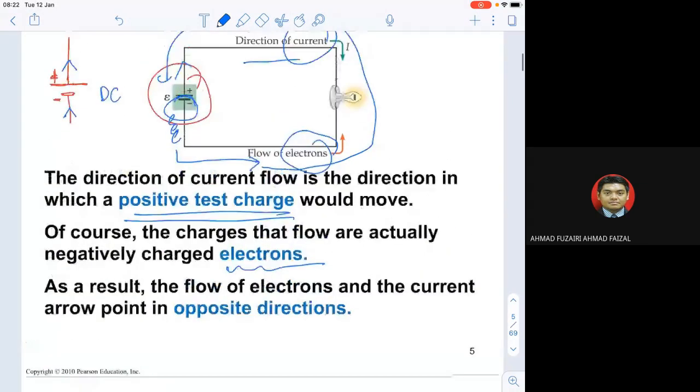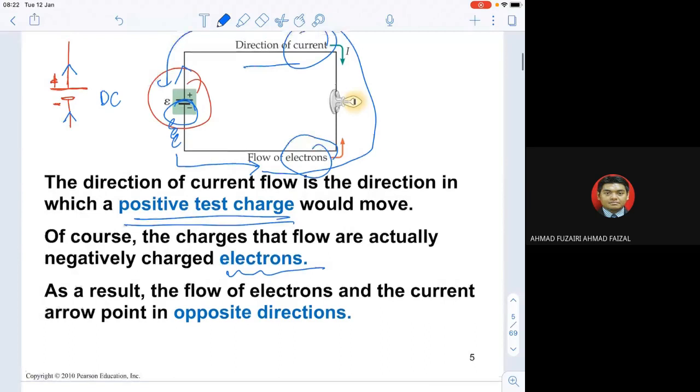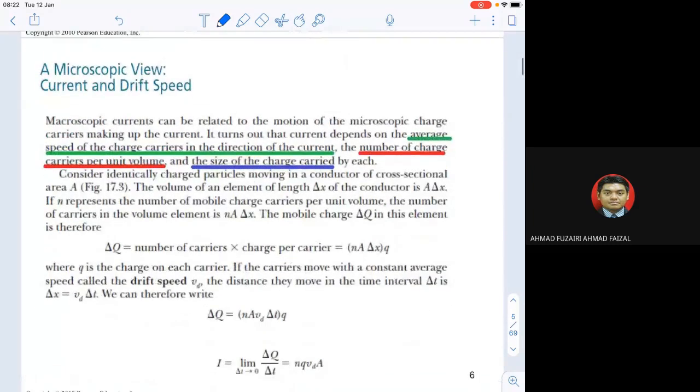So that is in terms of macroscopic. Macroscopic means the big coverage of the electric circuits. But right now we want to know what happens inside the wires. What happens inside if you have a wire, if you have an electric circuit, let's say this one